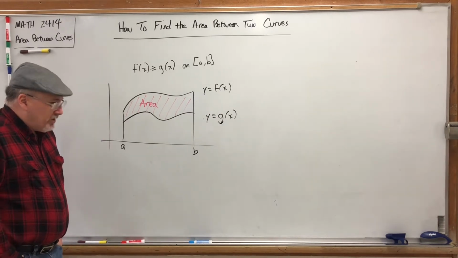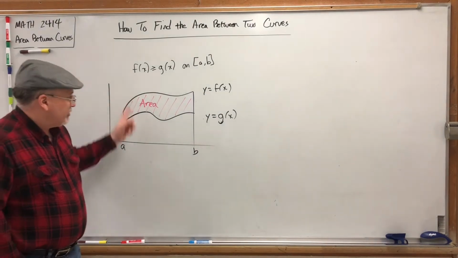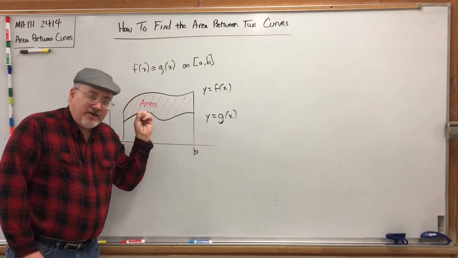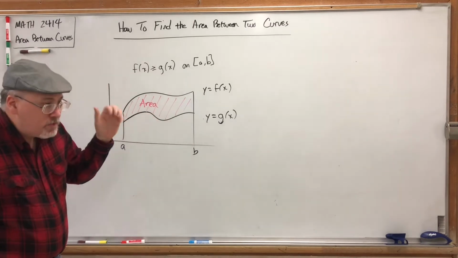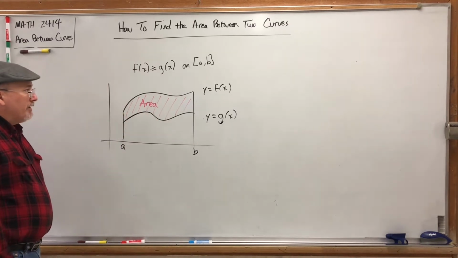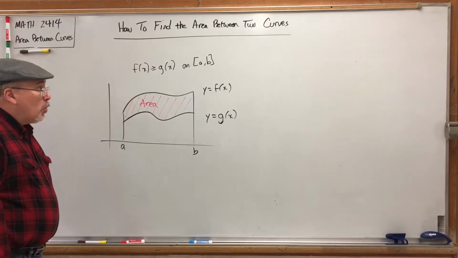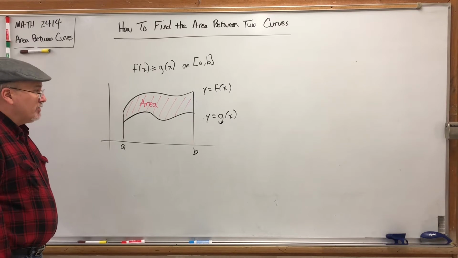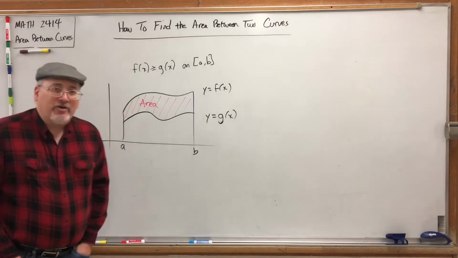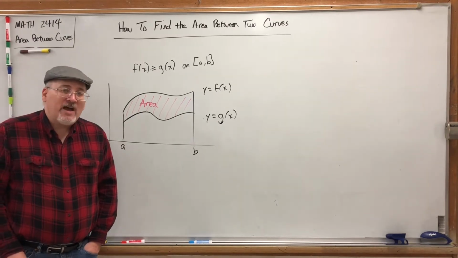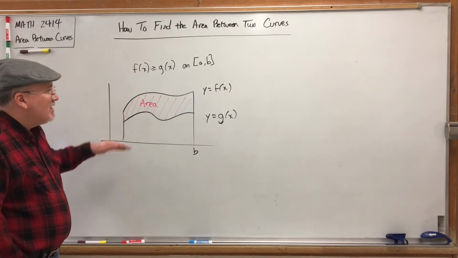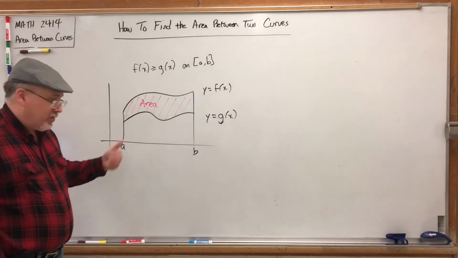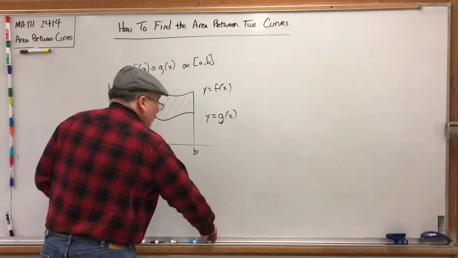Well, we could take a Riemann sum approach where we cut this into some rectangles and find an expression for the area of that rectangle, and then do the Riemann sum, take a limit, and boom, we have an integral. But let's use what we already know. We already know that when you integrate a function over an interval, you get the net area between that function's graph and the x-axis. And specifically, if the function is above the x-axis, then the definite integral tells us the area below. For example, if we were to calculate,